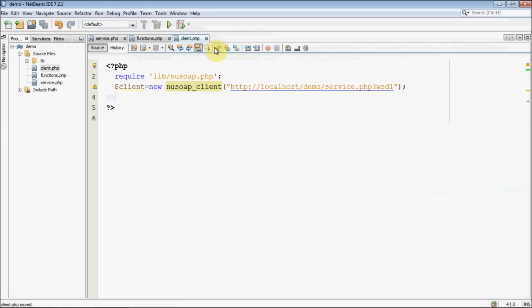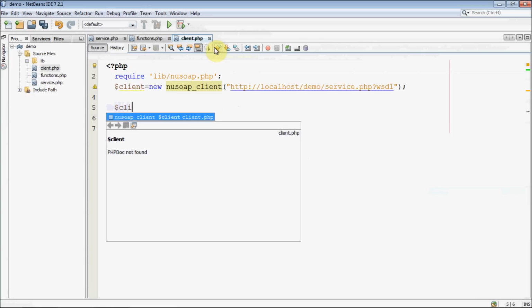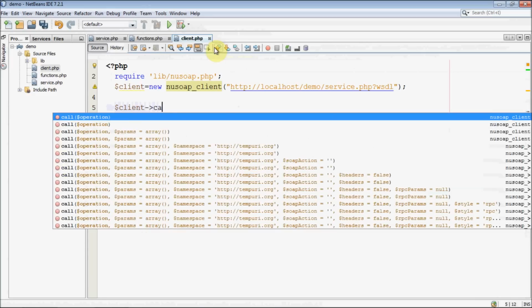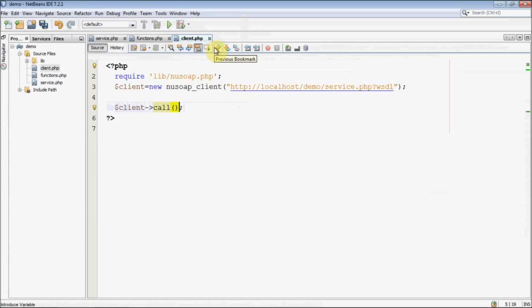So that's it, you have created an instance for the client, and the second thing you have to do is to call that particular web method. There is an inbuilt function called call. It will call a particular web service, and the first parameter is the name of that service, price, and the second parameter is, as usual, an input array, and our input is name and value xyz. I'm calling it xyz. In the real world you need to access this variable from your post or whatever, but I'm directly giving the value as xyz here.